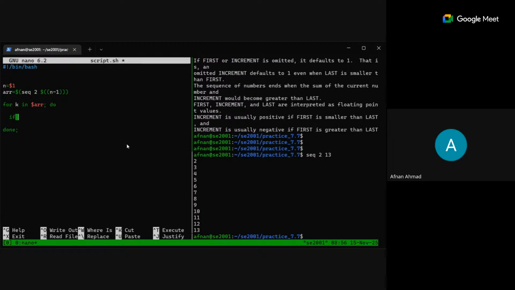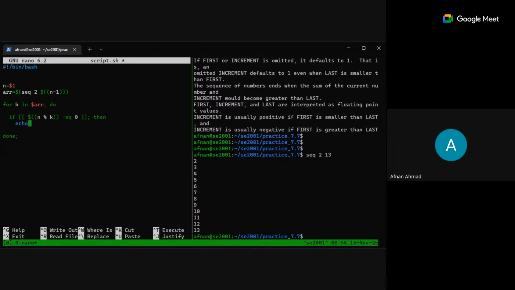So idea is if k, let's do it like this, k modulo n, sorry, it's the other way around, n modulo k, okay, equal to or eq, if it is 0, right? I mean, if it comes out to be 0, then